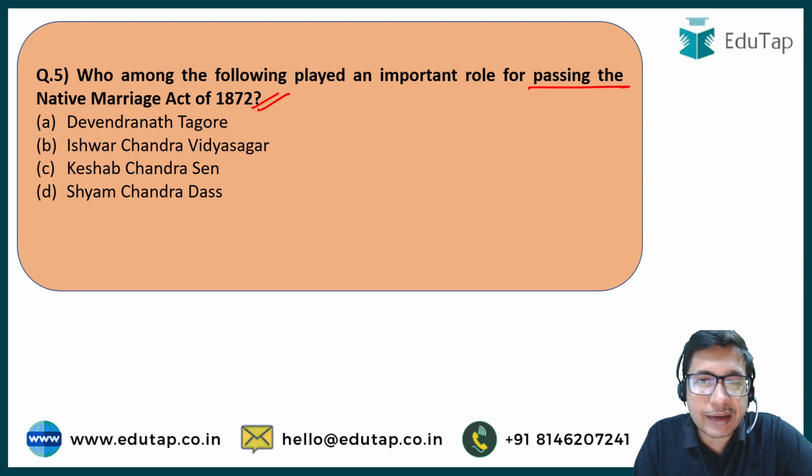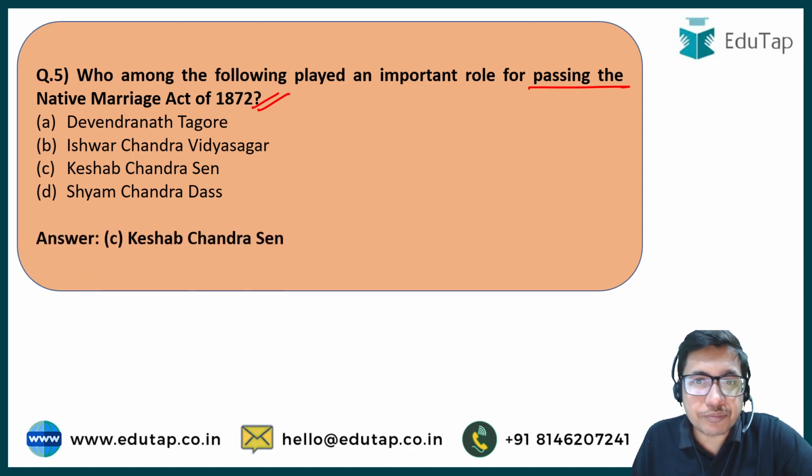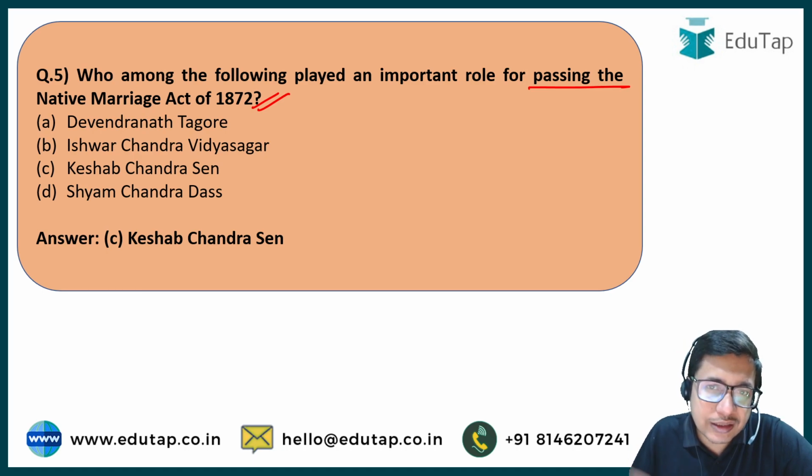And the Native Marriage Act was passed on the behest of Keshav Chandra Sen, KC Sen. He was a very influential Bengali intellectual, or we can say leader. He was also involved with Brahmo Samaj earlier, and then he broke away from Brahmo Samaj. He adopted Christianity, and then he started professing his own new kind of dispensation. And he was widely known for reforms and for empowering women and other depressed sections of the society, although there might be some controversy related to his own decisions about his personal life. But he was a very intellectual and influential,